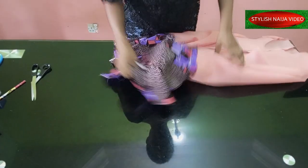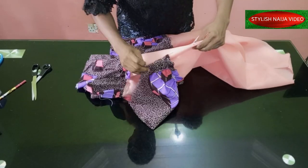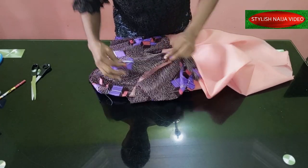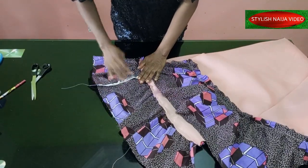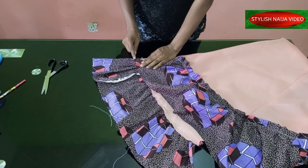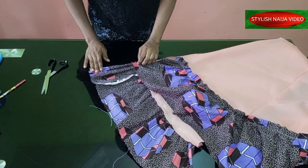So the next thing I'm going to do now is join the side of my dress. This part I'm going to join to the hem, and this extra part I'm going to fold inward like this. So I'll turn it for you to see. So I had to join my Ankara together. You join this part to this part, that's the side hem, and then this part you fold. Make sure you fold it down, since it does not have a lining,